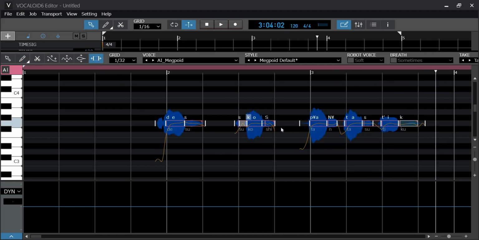But for example, in this skosh, I think the S, it's a little short, so just using the timing tool, yeah, the timing tool, I'm just gonna move the S a little bit. There we go. D. Yes, here. And okay, it's gonna be a little bit short. So